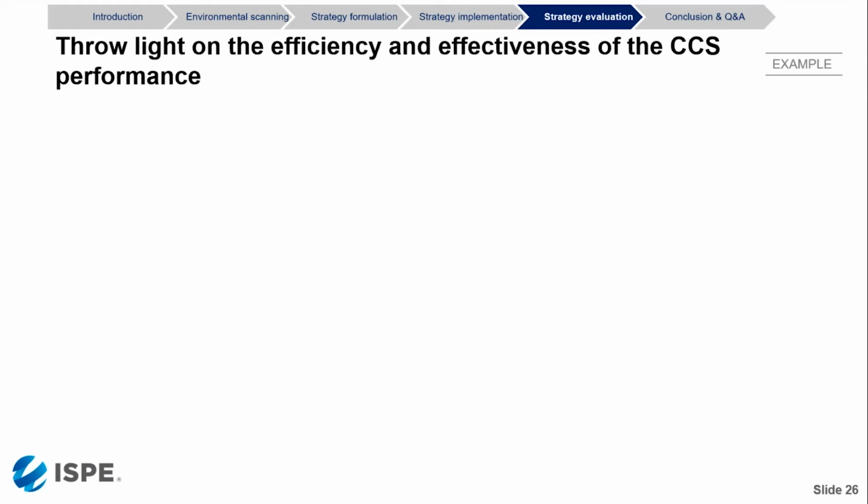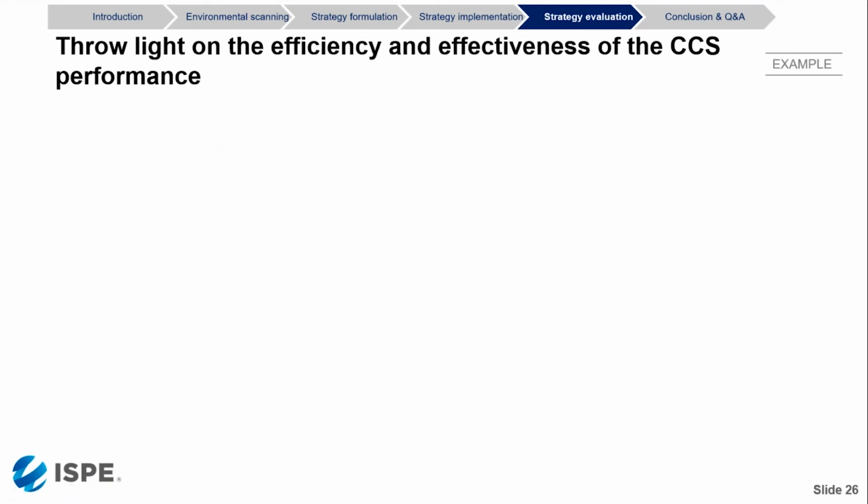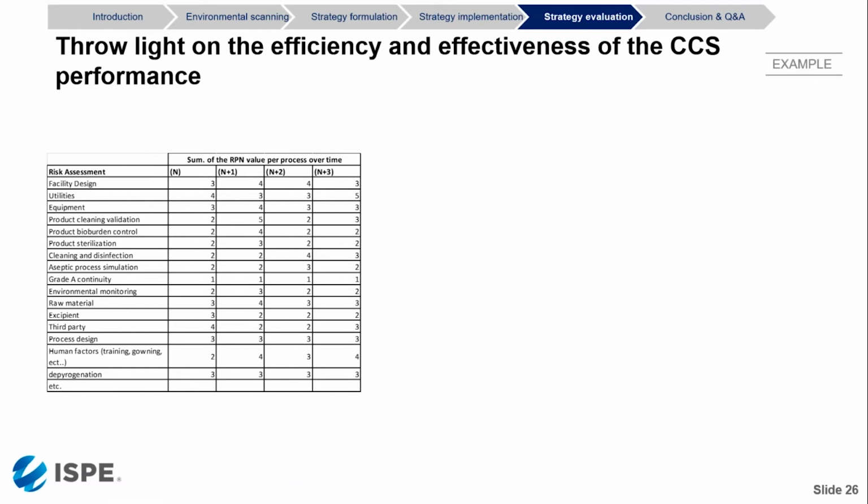And really you will need to assess the historical performance and reassess the data trending. For me, I do believe that the way to assess the performance of the CCS is based on the overall risk. What I mean by the overall risk is the RPN value, or the residual risk of each process over time for contamination. So here is an example that I used, okay, where N is, let's say, 2020,